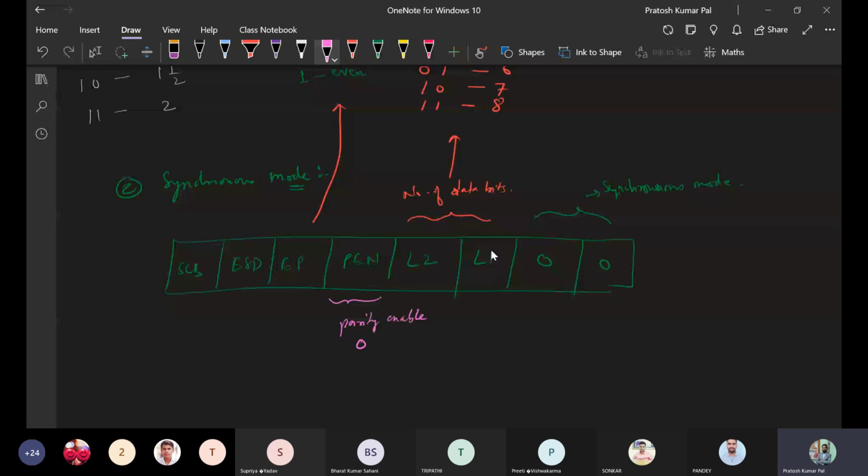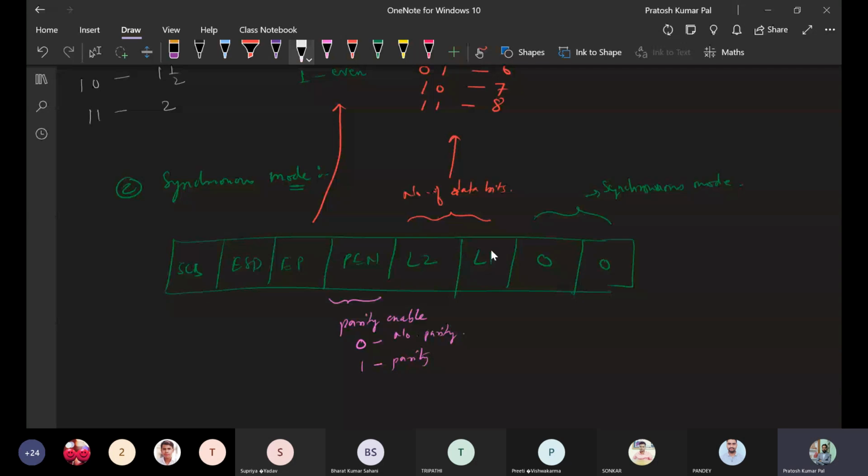So if it is 0, that means no parity. If it is 1, that means the parity is there. If parity is enabled, then what type of parity there is, either even or odd, will be given.